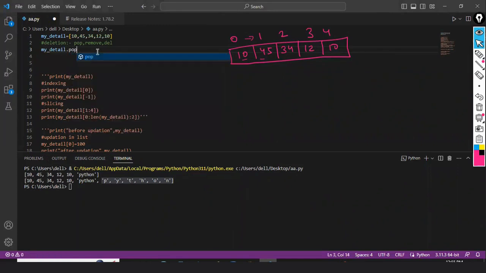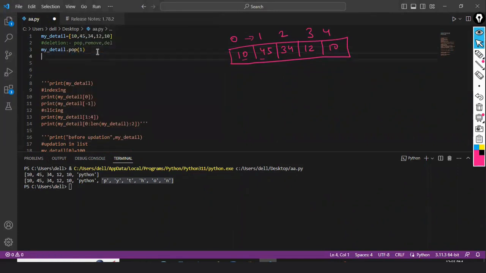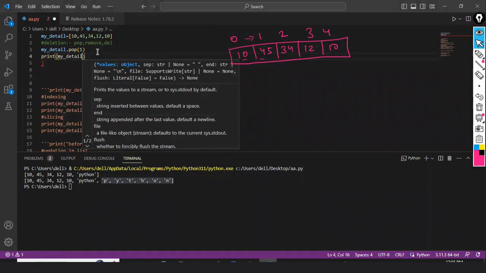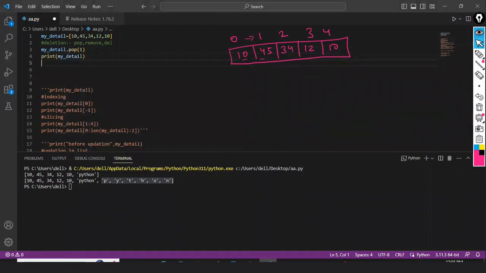My detail dot pop, then you need to write the index number as an argument here, and then you can print my detail, right? Let's run this part. So now you can see 45 has been deleted,